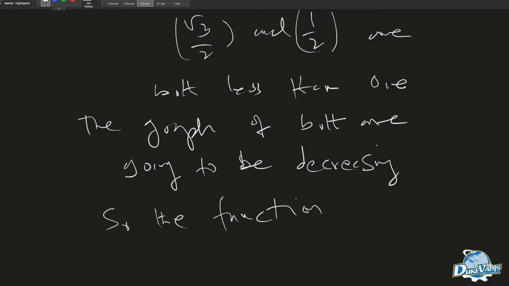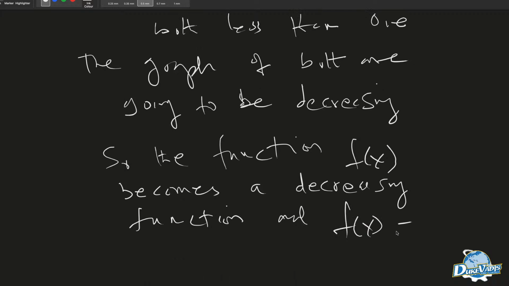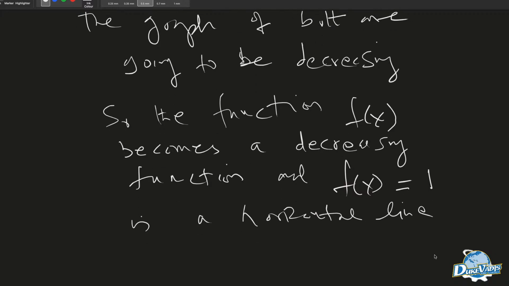So the function f(x) becomes a decreasing function. You see, today we are speaking much with English. Okay, becomes a decreasing function, and f of x equals 1 is a horizontal line, linear, meaning, hence,